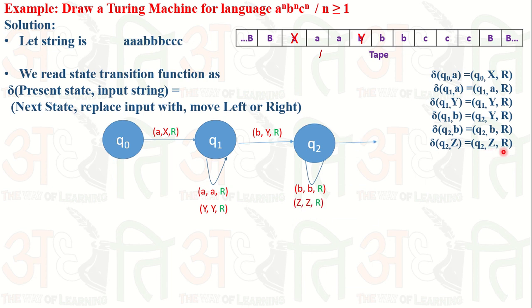But what happens if at state Q0 we are facing the first C? Then we just mark the C as a Z and move to the left. Why move left? Because after marking the C, we have to go back to the X and repeat the whole process to mark A, B and C continuously. So we go to the Q3 state and mark Z, and now we are going back.